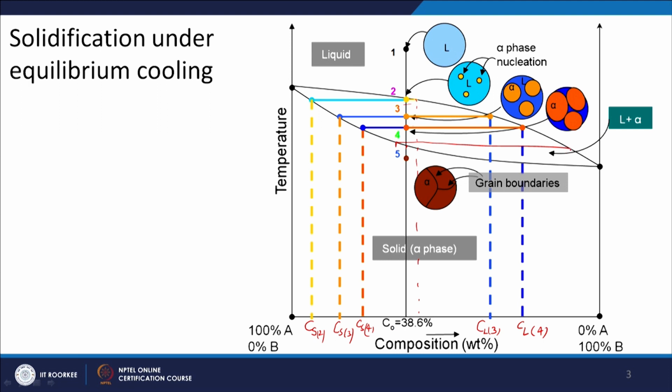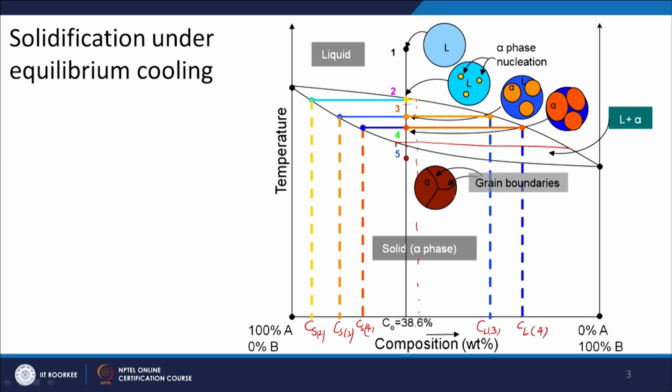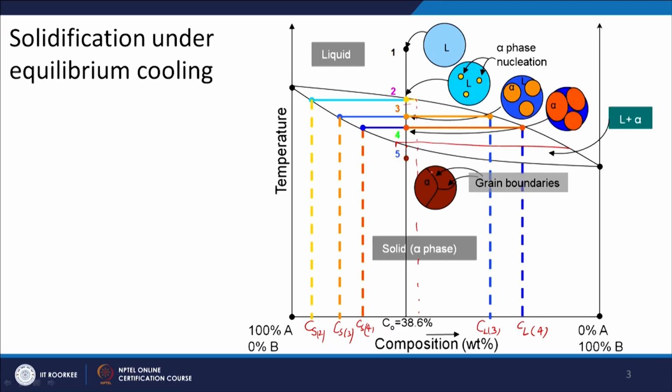This solute content has to be redistributed in the whole of the solid when it reaches the point where the overall composition cuts the solidus line. All the solute has to be taken into the solid and redistributed, and ultimately at point 5 I will get a fully solid phase, of different orientations. So you have grain boundaries in between. These three were nucleating, they joined together, and now they cannot grow; this is solid, this is solid, this is solid. Wherever they join, you will have some kind of boundary,